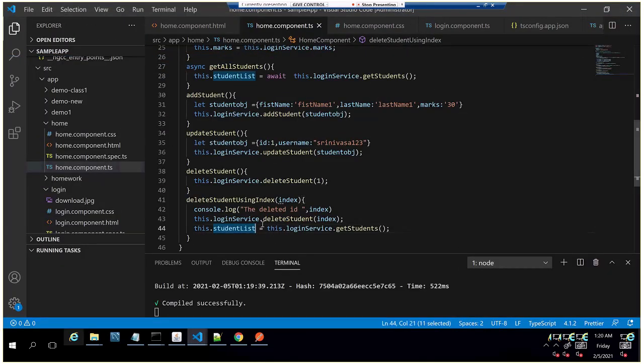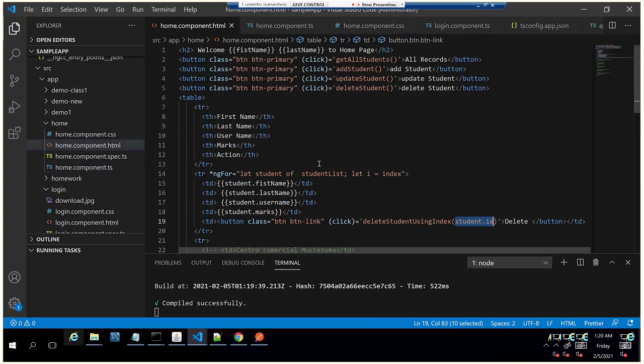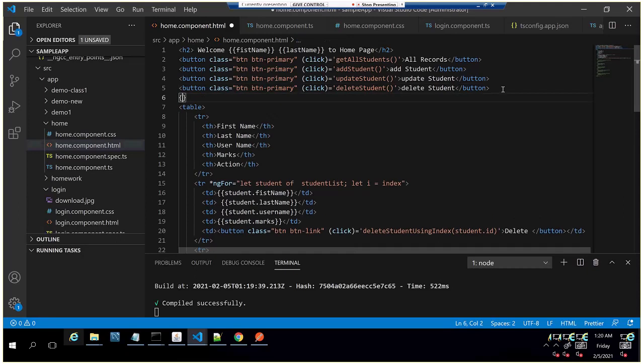Is ng-model automatically tagged, right? Yeah, it should automatically detect and refresh that. Print this in the UI. I'm just printing the value here, whether that is refreshing or not.